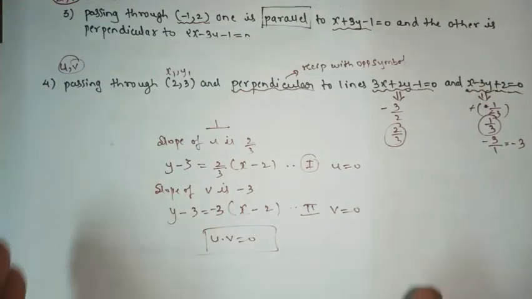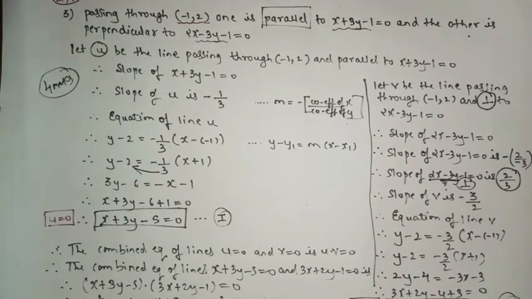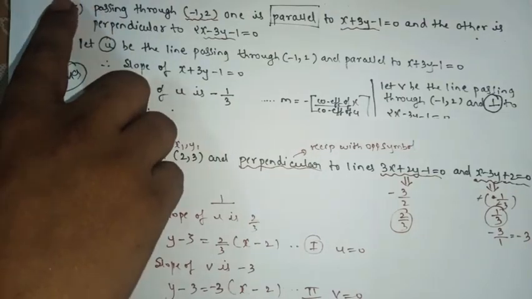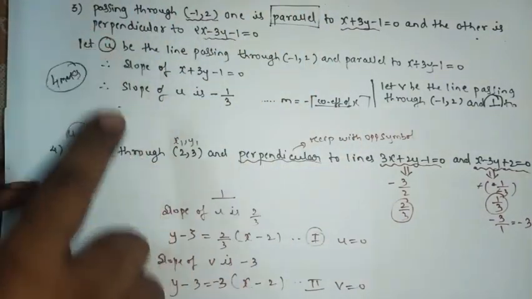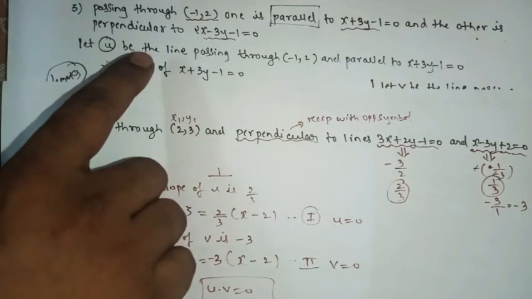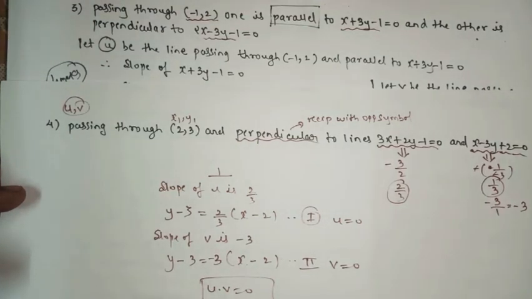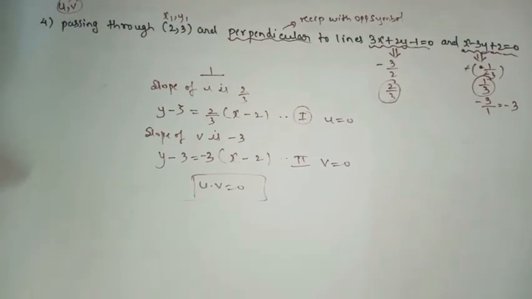So I'm explaining this sum because I had explained the previous example with proper steps and in a proper manner. So what is the difference here? Here one line was parallel and the second line was perpendicular. Here both the lines are perpendicular, that's it. And the same sum is there in the exercise, this fourth one. Even the third one is also there. So the fourth one, I guess you can try by yourself.